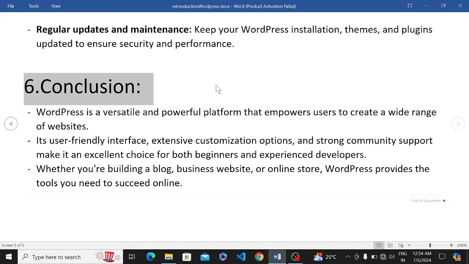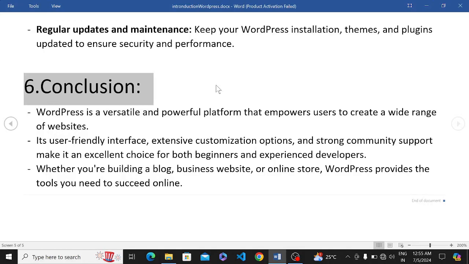WordPress is made for both kinds of people: beginners into the world of coding and those who are experienced. Whether you are building a blog, a business website, or an online store, WordPress provides the tools you need to